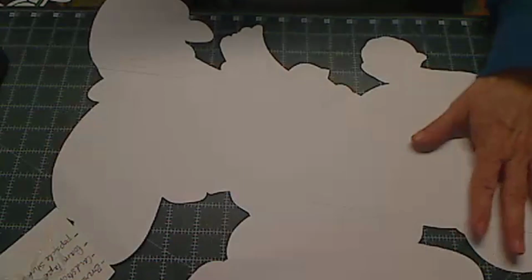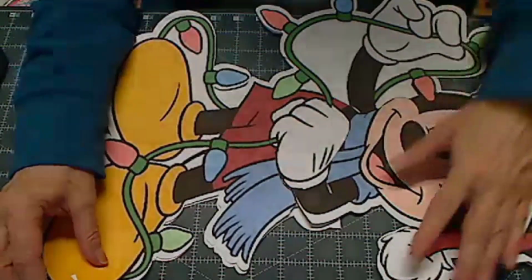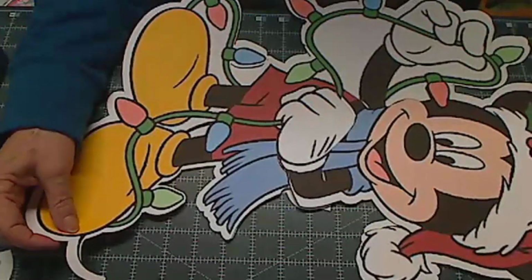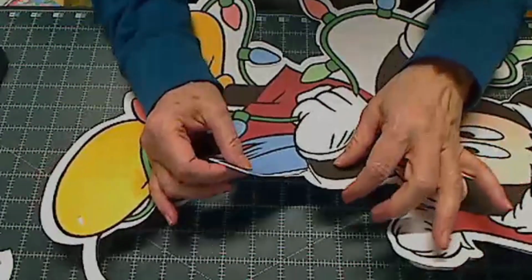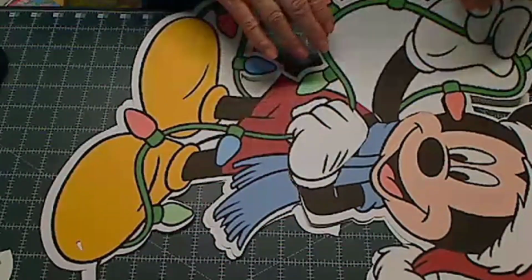So there is this, and now it's ready to have my Mickey put right on here, like so. And this is going to add a lot of stability to him. So I'm going to show you how I go about doing this. And then we'll go up to my program and I'll show you how I sliced him so you can barely see where the slits were. Although I see there's some more that I need to trim off over here, but I can do that in a little bit. So first thing I'm going to do now though is I'm going to start putting the sticks